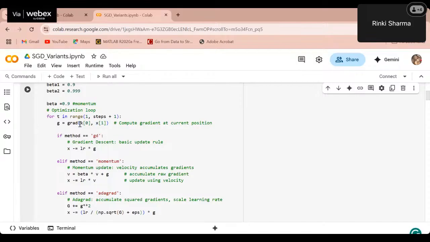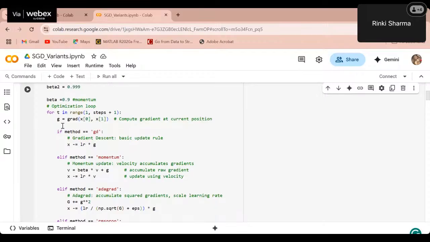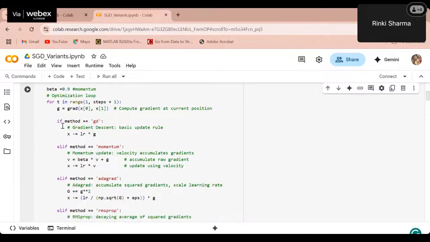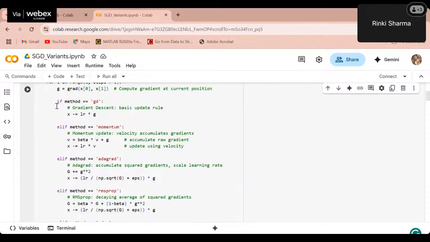And grad will compute the gradient at that point, and it will assign it to G. So now G is our gradient at the initial point. Now here we have taken different methods, selected by an if conditional statement. So if the method equals GD, the method comes from this definition. So we define the parameter for the optimizer definition at G,